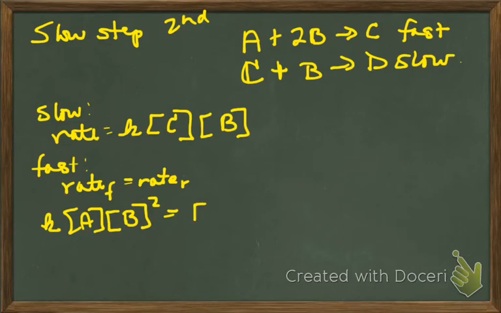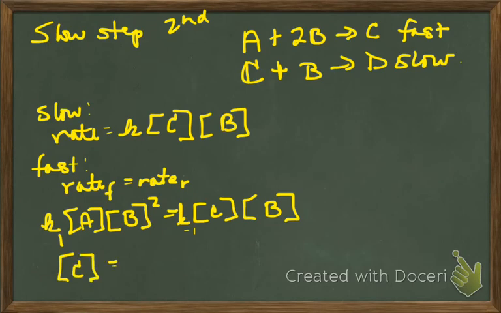That's going to be equal to K in the reverse, should be 1, times concentration of C times the concentration of B. We're going to solve this equation for C. So that will be K in the first forward direction over K in the reverse direction, times A over concentration of B. And then we will substitute this into,